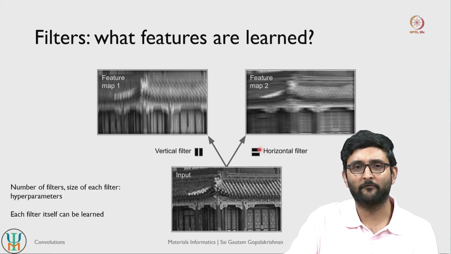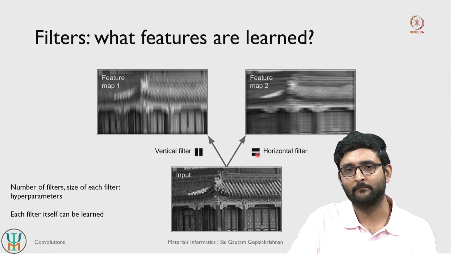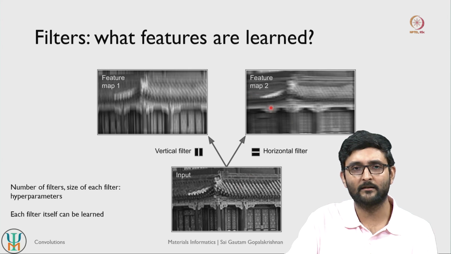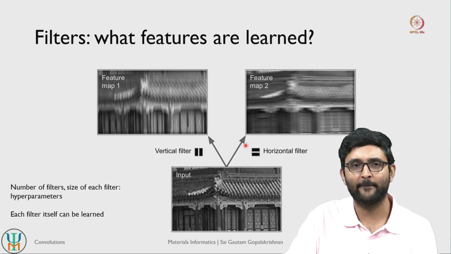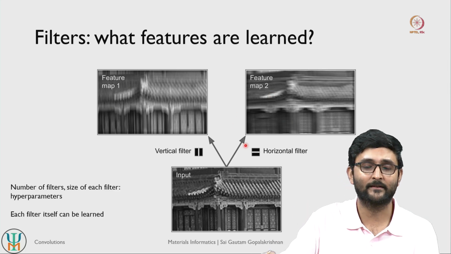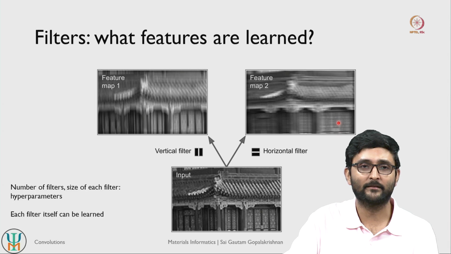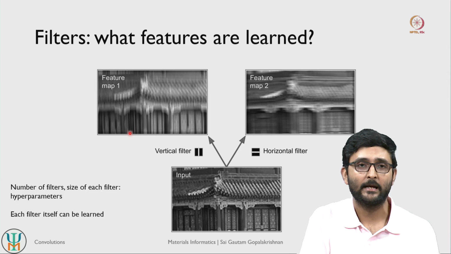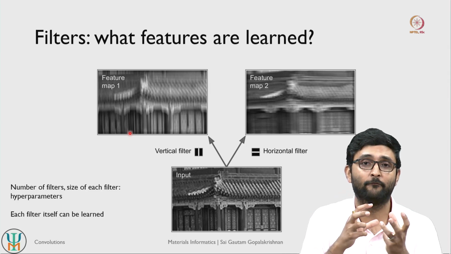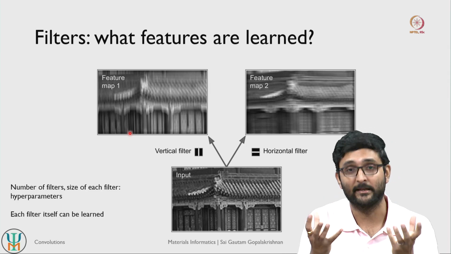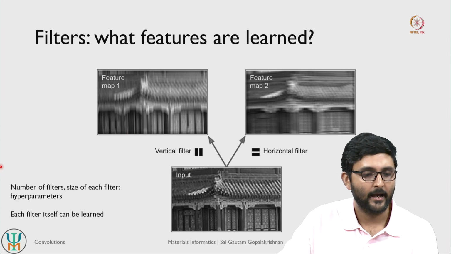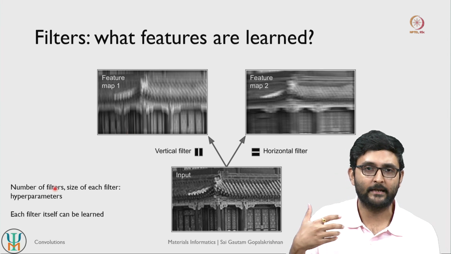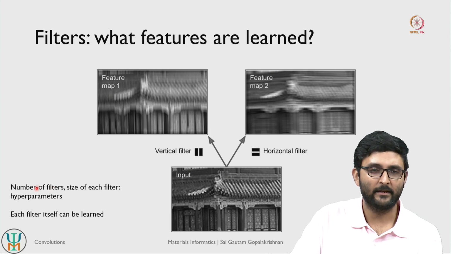You can do the same exercise for highlighting all the horizontal white lines as well, right. So if you put it through this horizontal filter, you see that this white line and these white lines here get magnified or enhanced more, and the remaining features get blurred out a little more, right. So filters are a very important way to identify which features are important in a given image or in a given input, right.